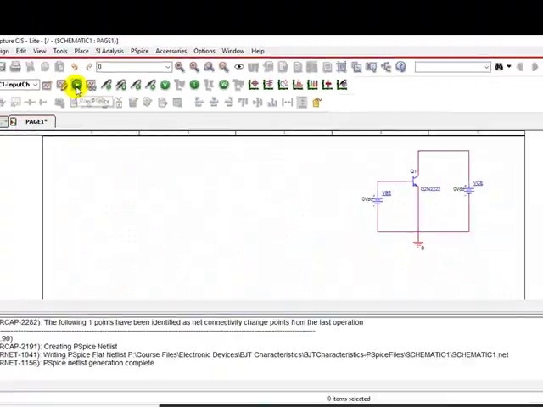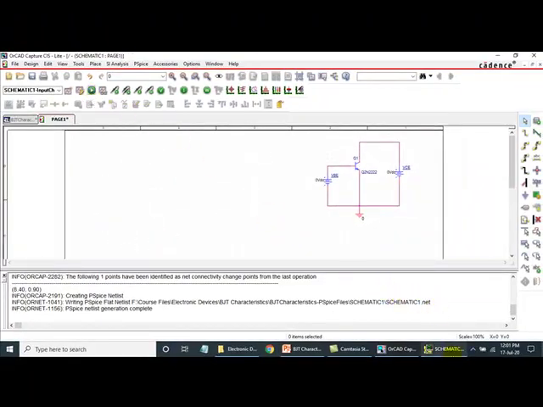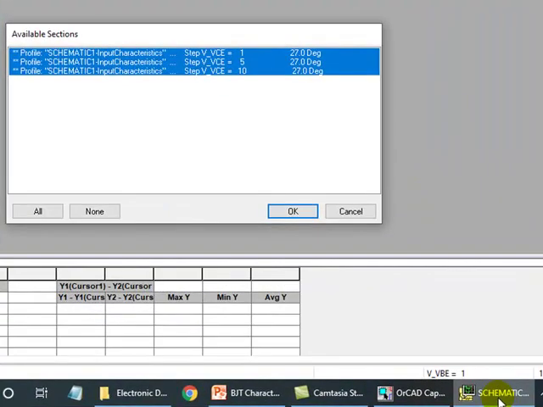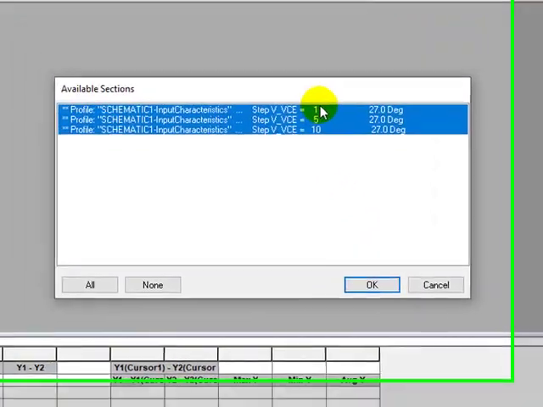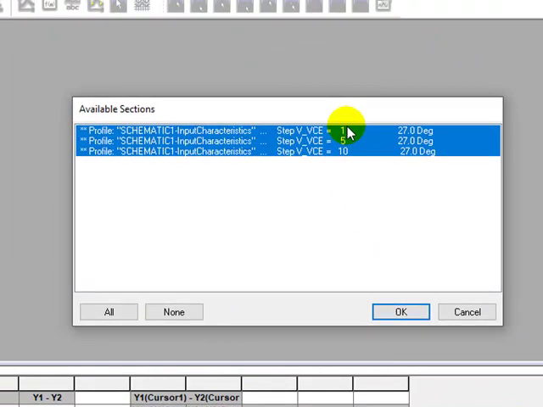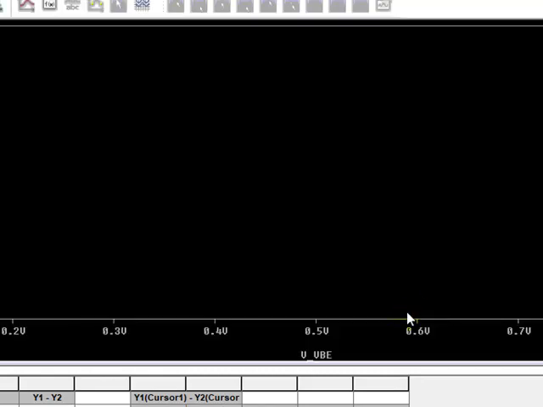Simulation is complete. The simulation output window is opened, and the DC sweep analysis is run for three different values of VCE, that is 1 volt, 5 volt and 10 volt. So if we want to plot graphs for all these three runs, then select all three and click on OK.